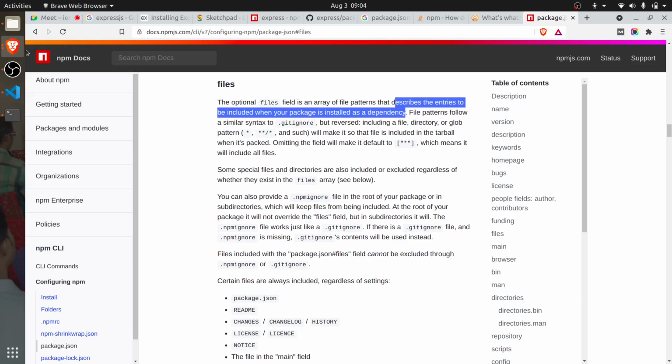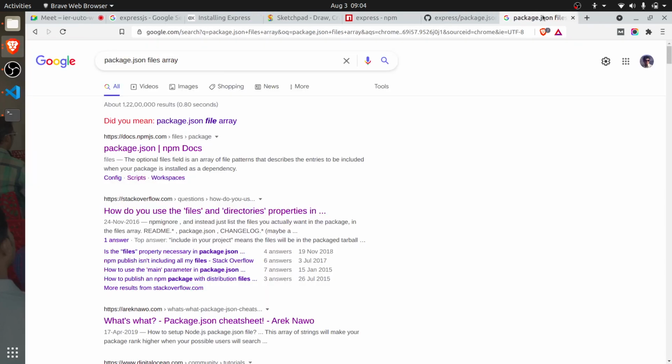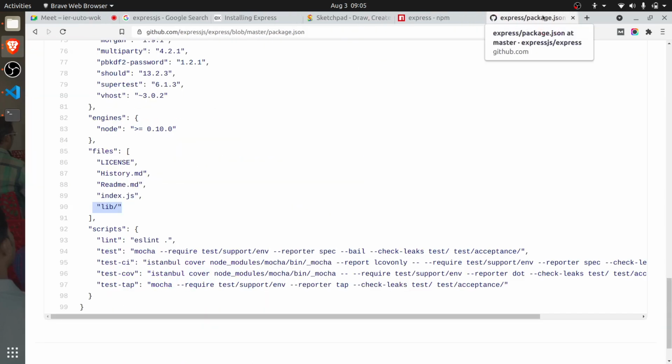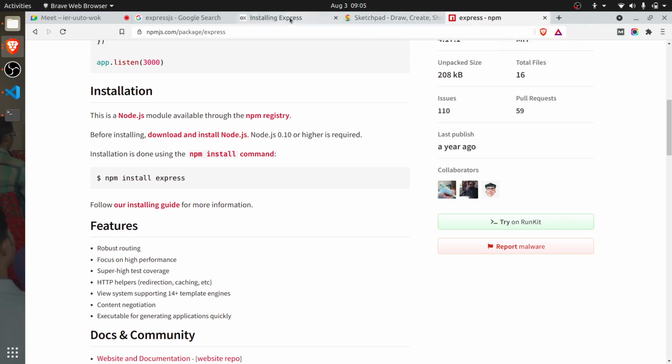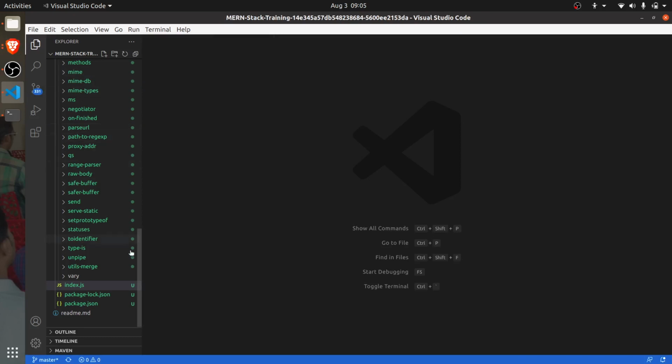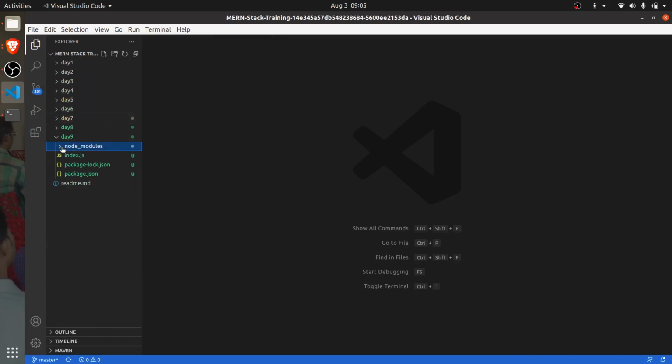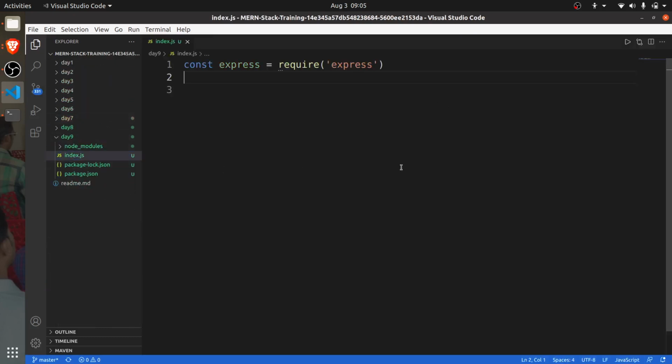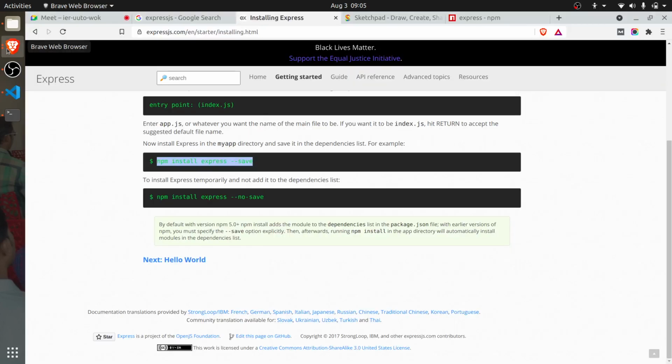Okay, so Express we have created. Let me close all the things. Now in the index.js, we just need to create a simple HTTP server, and I'll show you how to do that.